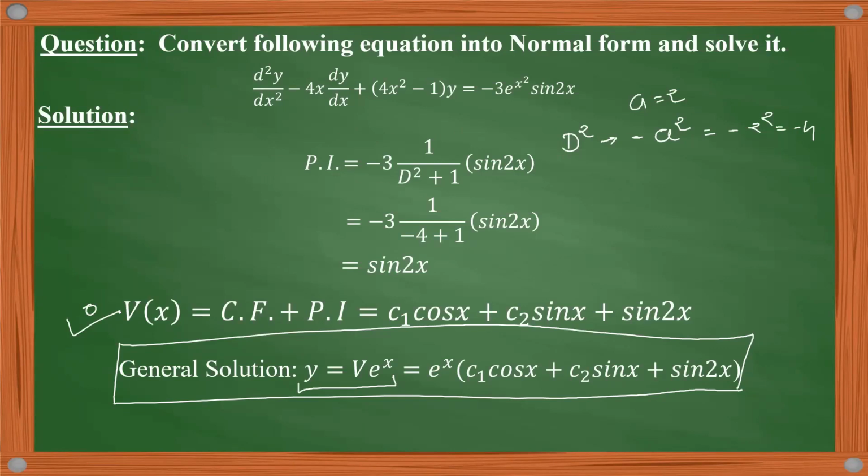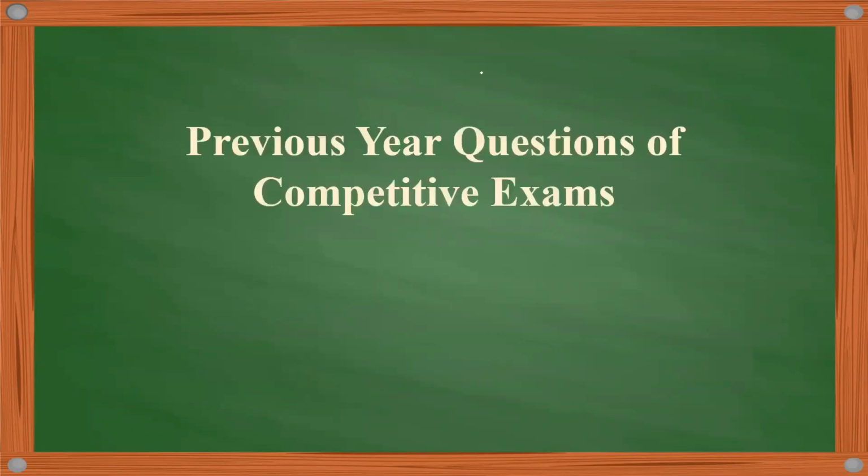So we have learned today 3 different methods, actually 3 different forms. First, we have seen the Cauchy-Euler differential equation. Then we have seen Legendre's equation, and then we have seen this normal form, or the removal of first derivative method. So, overall, we have seen linear differential equation with constant coefficient as well as linear differential equation with variable coefficient. And now let us move on to solve some important previous year questions of competitive exams like GSET, NET or the CSIR NET based on the theory portion that we have seen today.